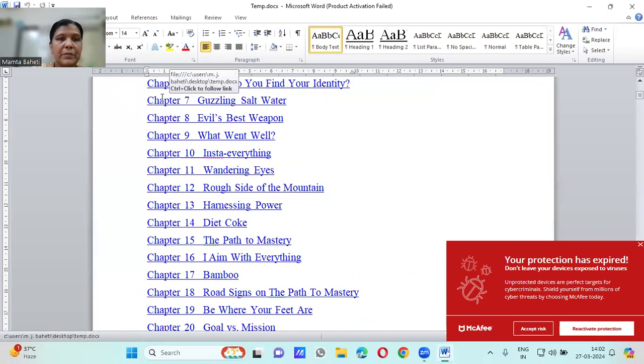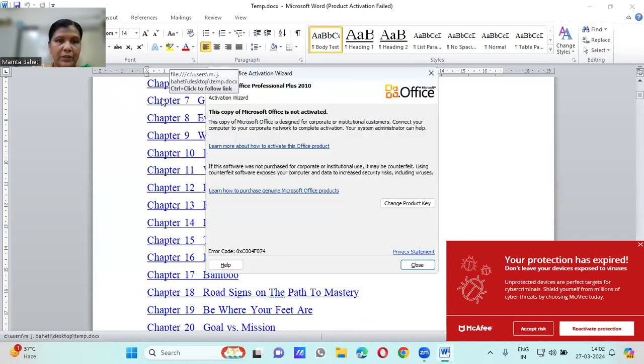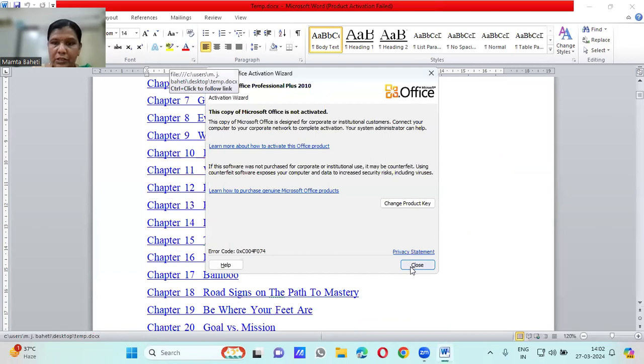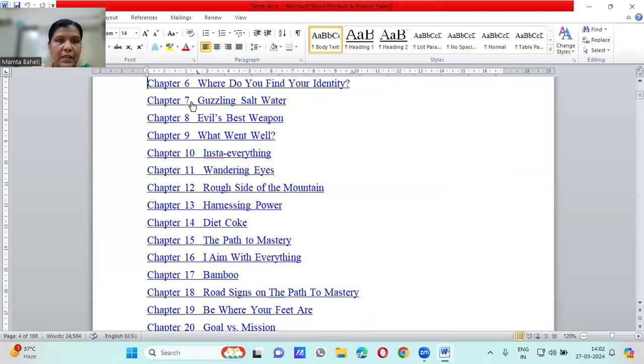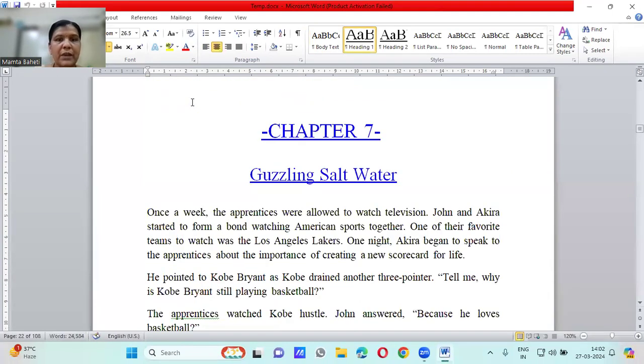See, these are the chapter numbers being listed over here. And in the chapter numbers, I'm just clicking on, suppose, chapter 7. Just by clicking on chapter 7, you can see chapter 7 is displayed. So likewise, you can create the hyperlinks that we discussed yesterday. Okay. Now,